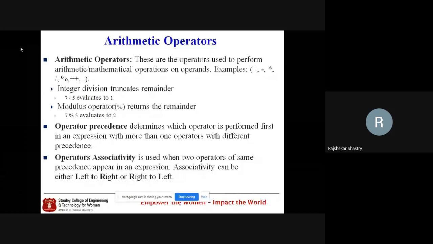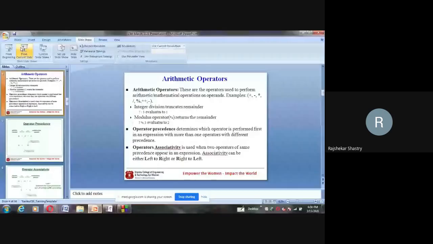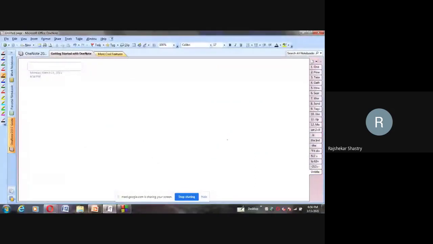Since in C language we face difficulty because we have plenty of operators, for all that list of operators it is better you remember the precedence, that is the priority, as well as the associativity. So first of all, we'll discuss operator precedence. Precedence means priority. Let me write an expression here, all of you. Say I want c is equal to 5 into 2 plus 3 minus 6 by 4.